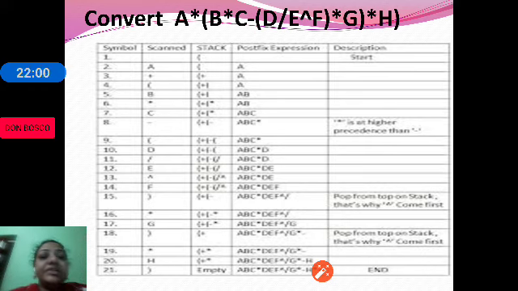The next scan symbol is H. H is an operand and it goes onto the postfix expression. The next scan symbol is right parenthesis. We empty the operator stack, remove the contents and put star and plus onto the postfix expression, and the operator stack is emptied. This is the way in which we can use an operator stack to convert the given infix expression to a postfix expression.